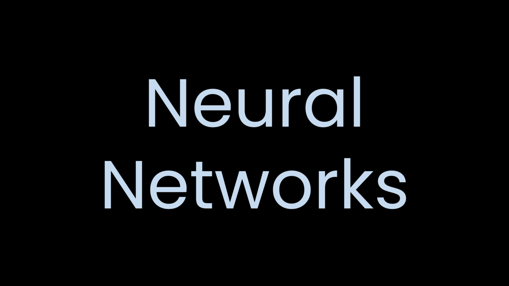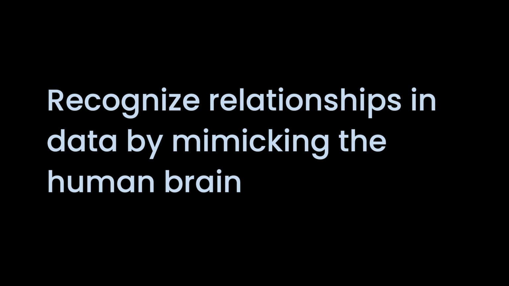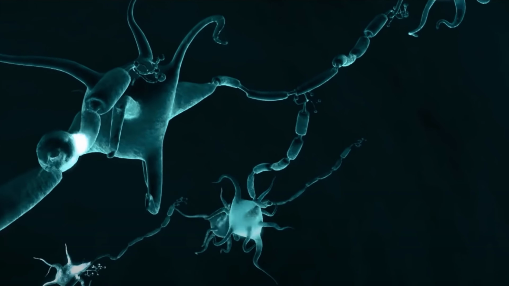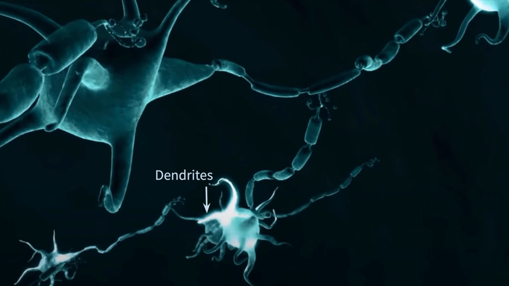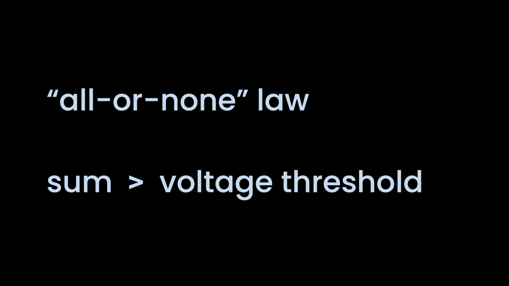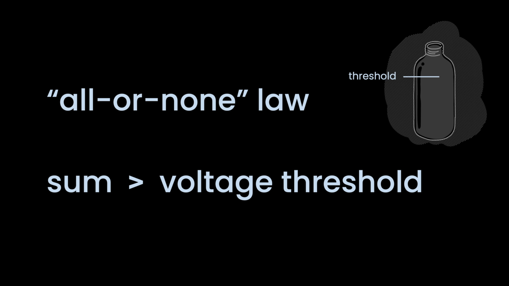But what's this? Neural networks are defined as a series of algorithms that recognize underlying relationships in data by mimicking the human brain. In a real neuron, the dendrites receive electrical impulses from neighboring neurons and pass them on to the cell body. The all or none law tells us that the sum of the impulses received must be greater than a certain voltage threshold to be propagated down the axon to the axon terminal. If the sum is lower than the threshold, the impulse essentially dies in the cell body and does not get